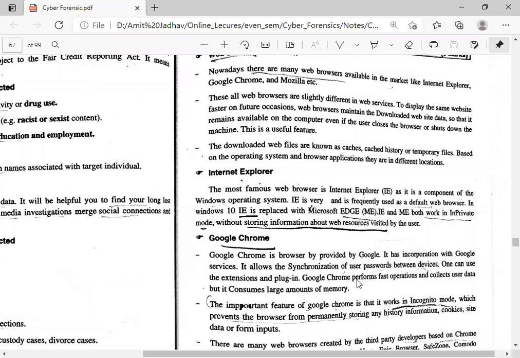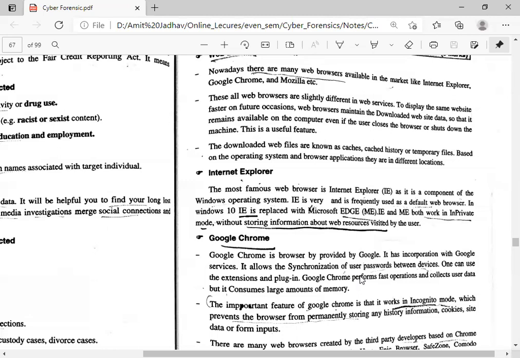It has integration with Google services. It allows synchronization of user passwords between devices. One can use extension plugins. Google Chrome performs fast operations and collects user data, but it consumes large amounts of memory. So Google Chrome is faster than Internet Explorer, but it consumes a large amount of memory.